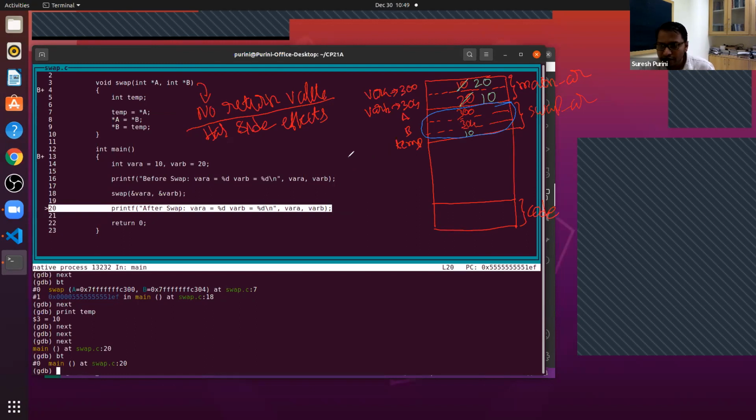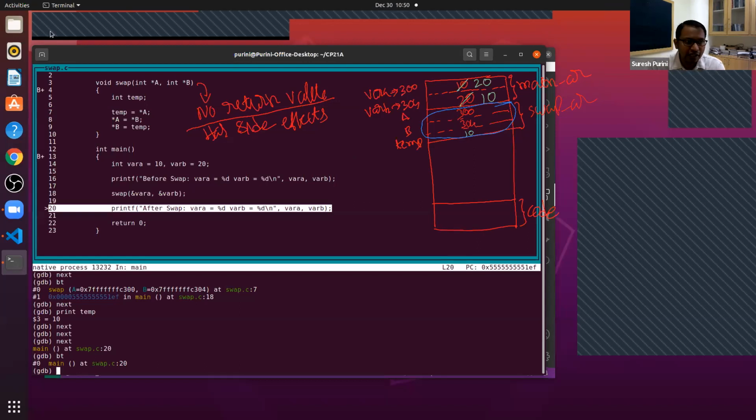So A will no longer be there. That's it. Are you all with me here? Don't get confused when there is a return value. The value is passed, not the variable.